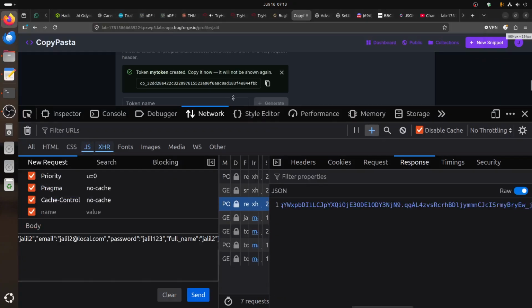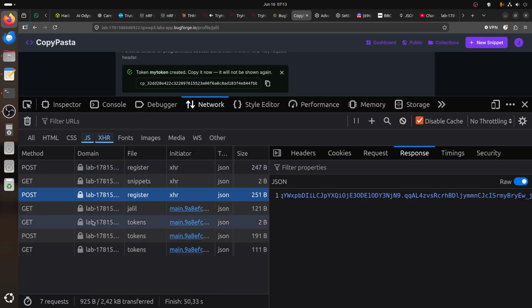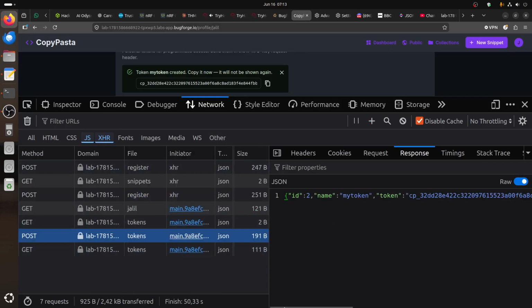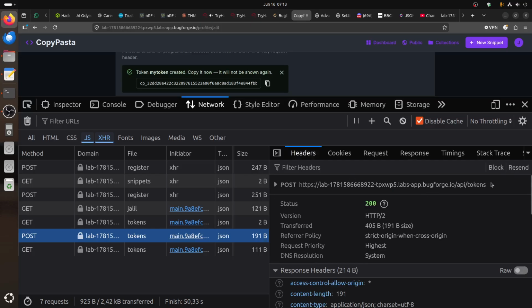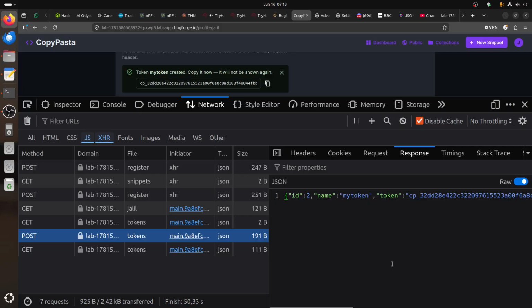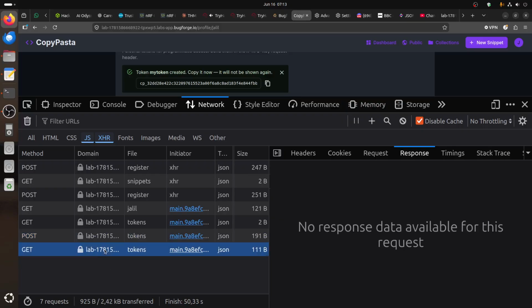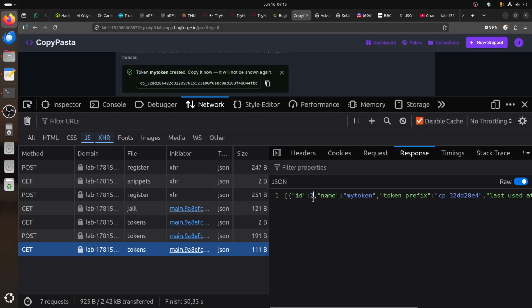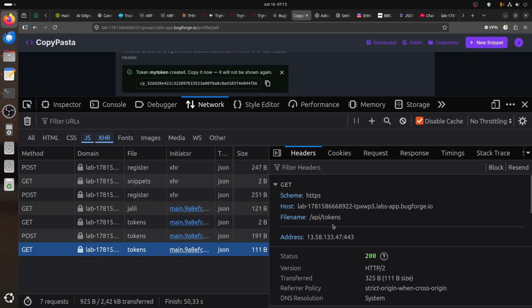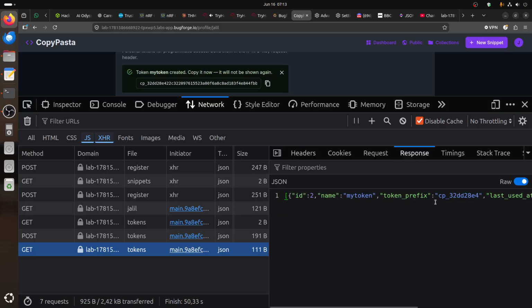And if you go to your API endpoint, you can see here the token gets created on an API token, and in response it gives a token, and you can view it. They call it my token, an API token for this specific user, and in the response it gives that token. Now let's keep this one here, and then the next question is